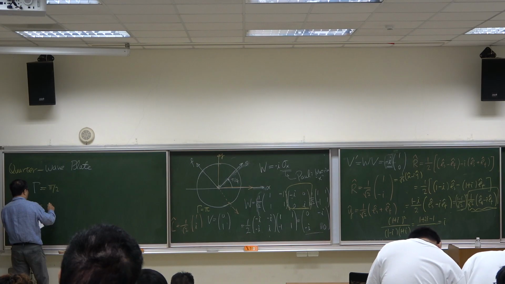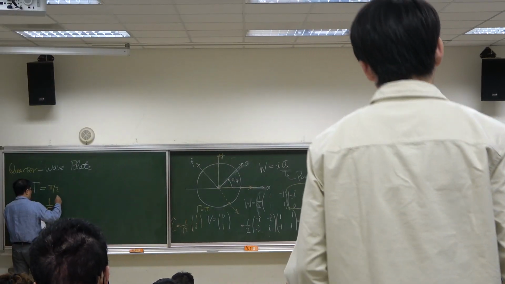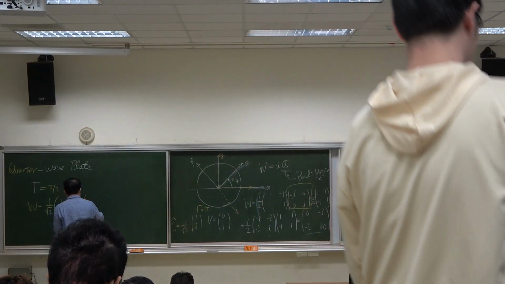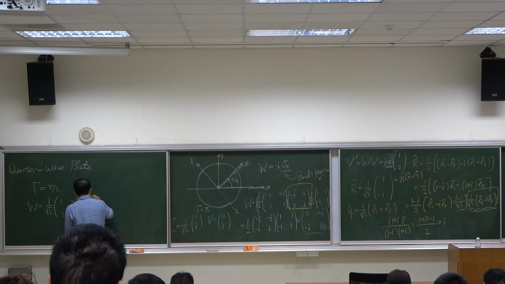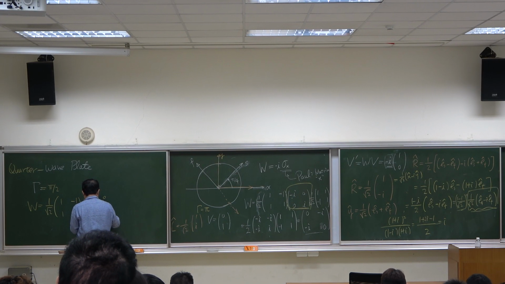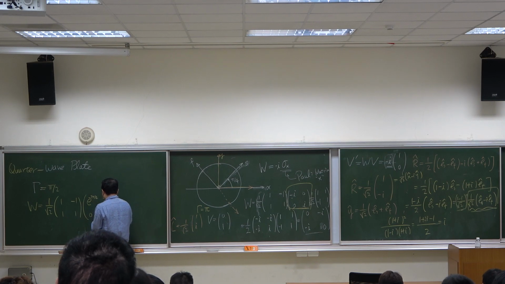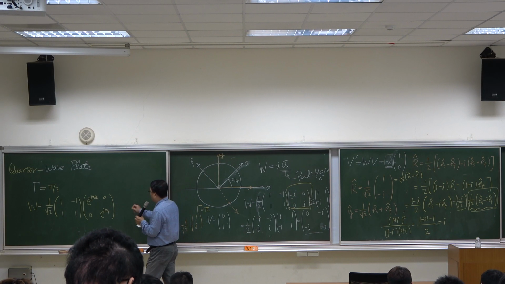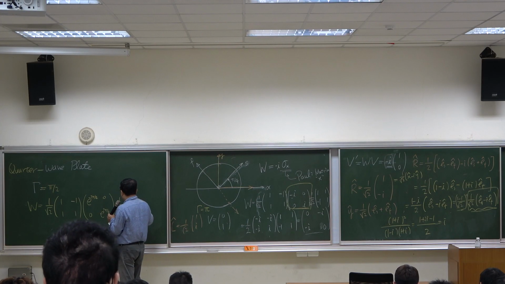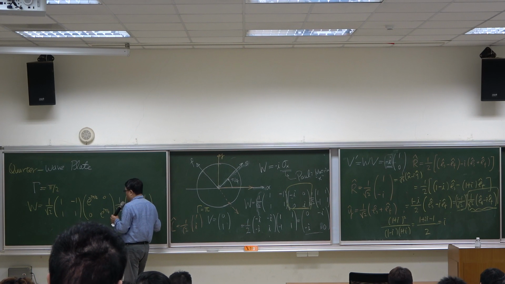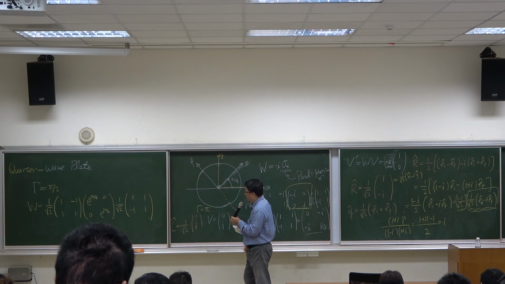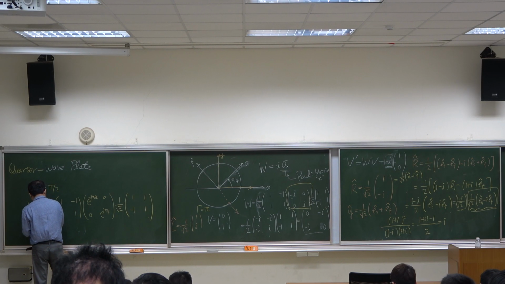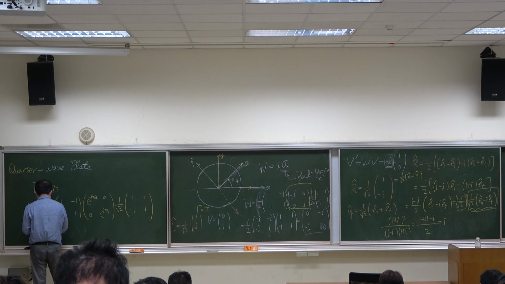So W now becomes this: exponential minus I pi over 4, exponential I pi over 4, times this is the W matrix, and this is